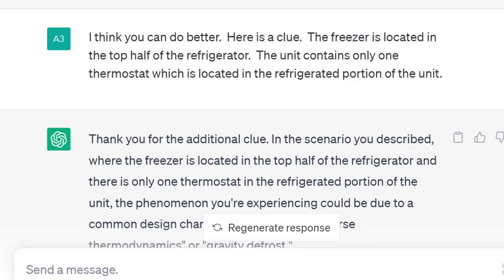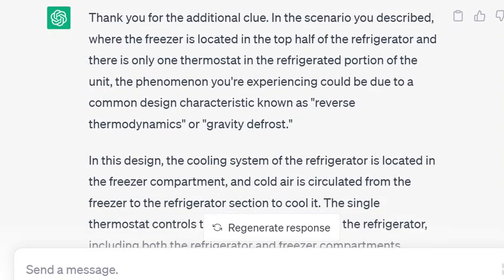I said, I think you can do better. Here's a clue. The freezer is located in the top half of the refrigerator. The unit contains only one thermostat, which is located in the refrigerated portion of the unit. It says, thank you for the additional clue. In the scenario you described, where the freezer is located in the top half of the refrigerator, and there's only one thermostat in the refrigerated portion of the unit, the phenomenon you're experiencing could be due to a common design characteristic known as reverse